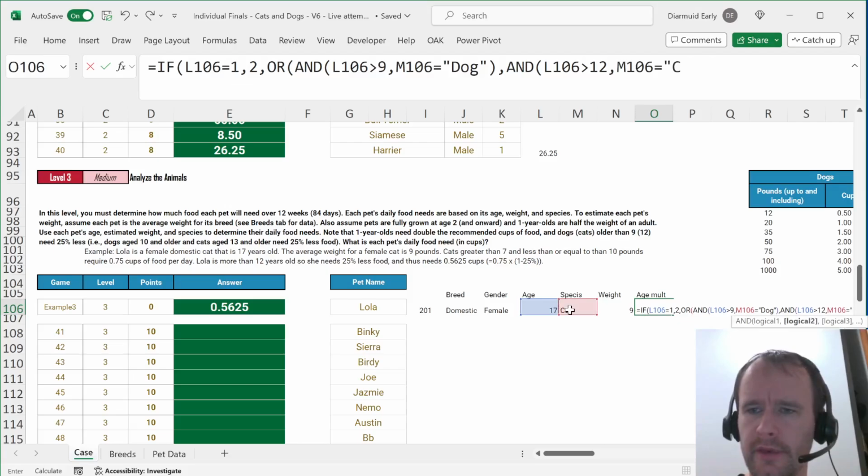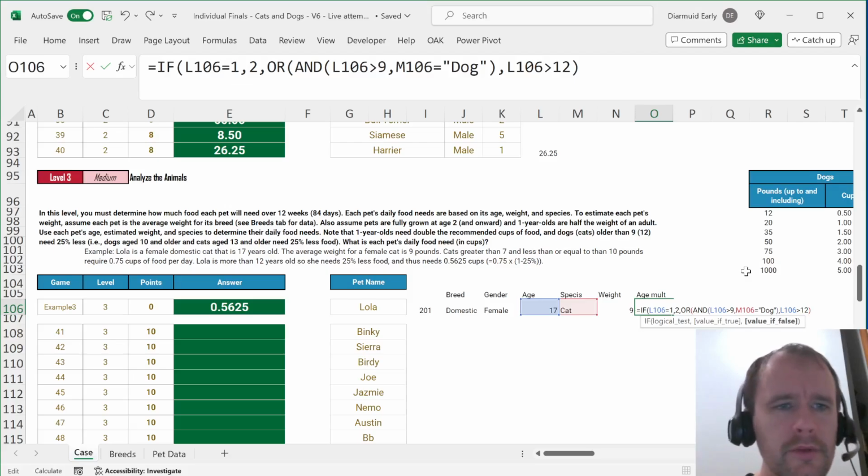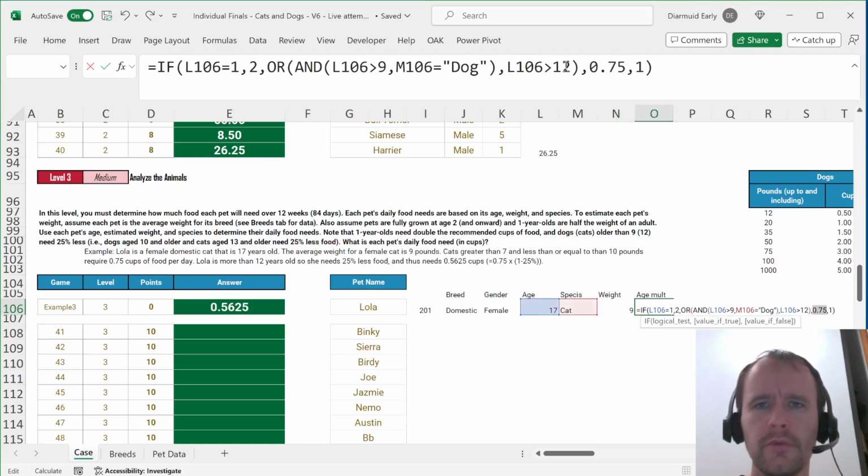Well, actually, I don't need that equals cat, do I? If age is greater than 12, then it just meets the condition. Anyway, we could shorten that more, but that's enough. So if any of those is true, then they need 25% less, so 0.75, otherwise 1. Too many arguments, but